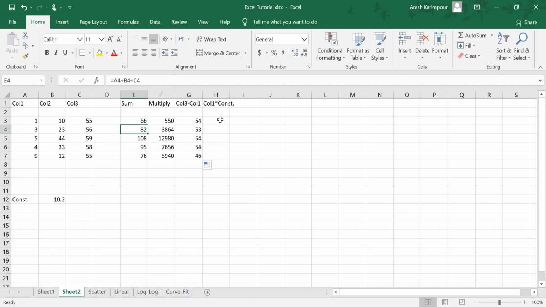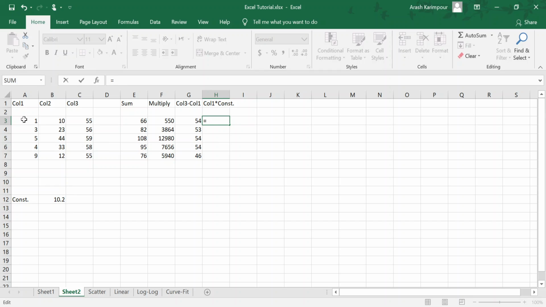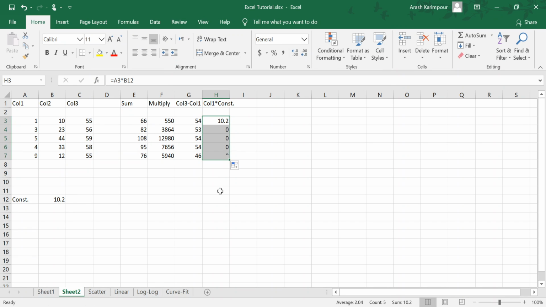I will show it here. Assume I have a constant, here 10.2, and I want to multiply the value in the first column by that constant. So I select this cell and hit equal, pick the first column, then times this value here, and press enter. It tells me 1 times 10.2, so it's 10.2. Now if I grab it to fill out the rest, you'll see I get